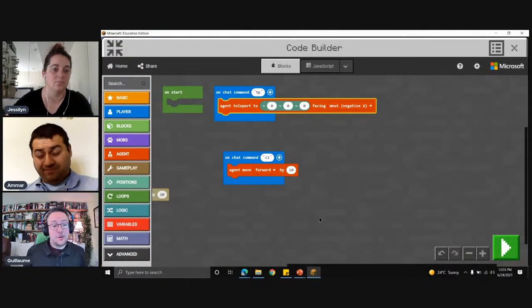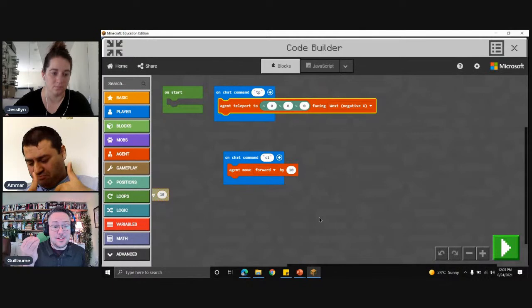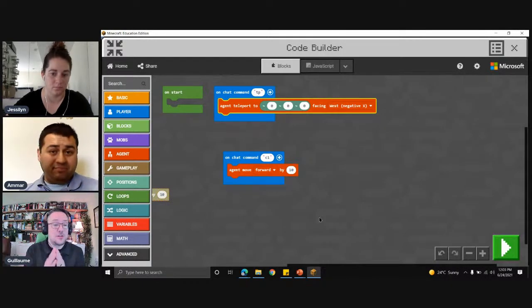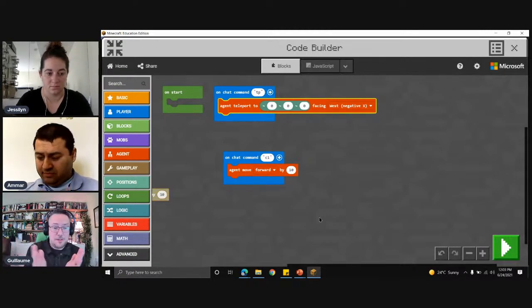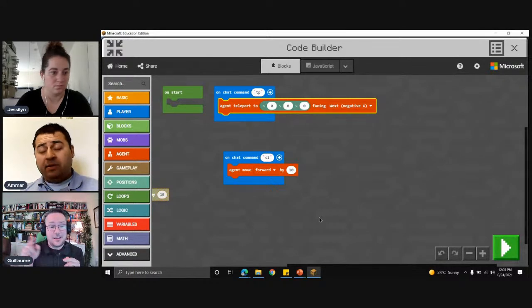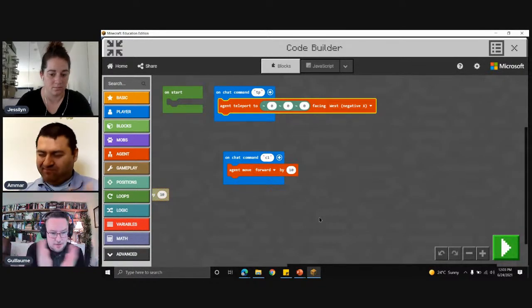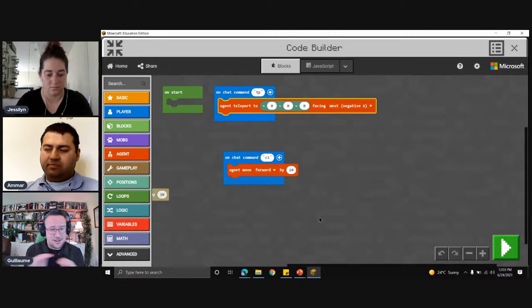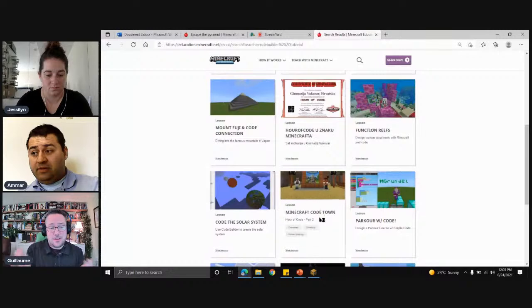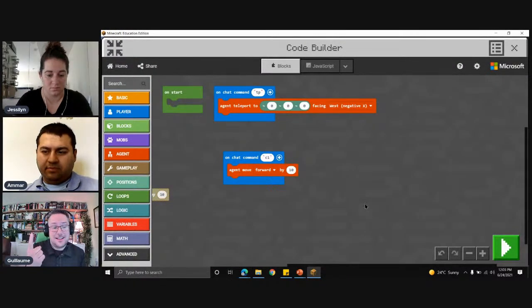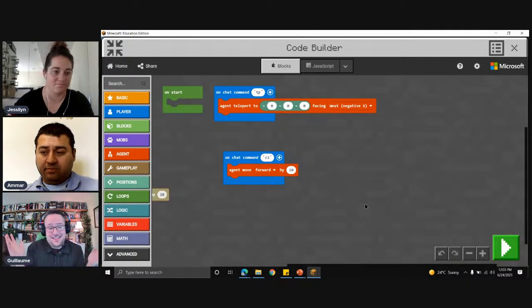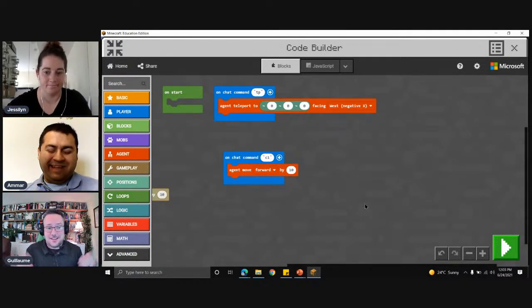So in the name of your command, so this TP command, you can't have a space or a special character or something like that. So we try to keep our commands really, really short, like TP for teleport or just TELE for teleport, or short words, no spaces, no capital letters. We keep it as simple as we can to minimize the risk of human error. So if you type it wrong with only one spelling mistake, you get 0. There's no points for trying. It has to be perfect.